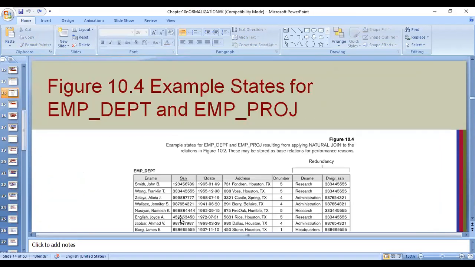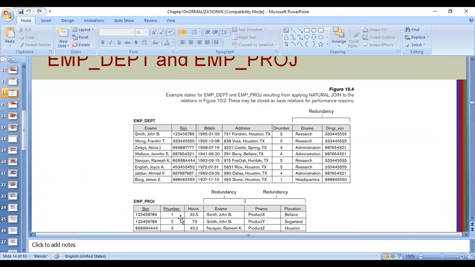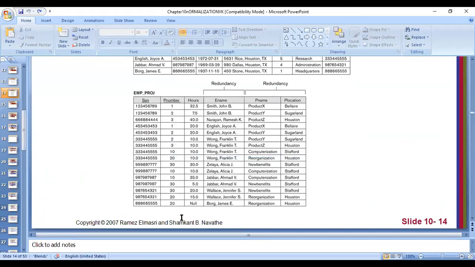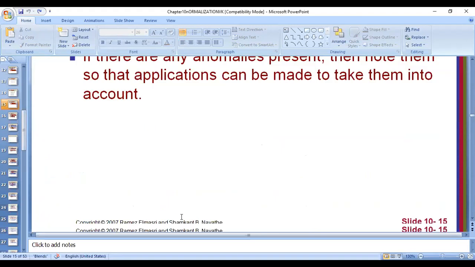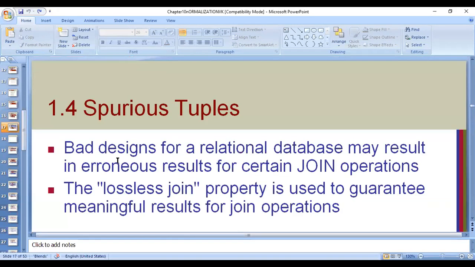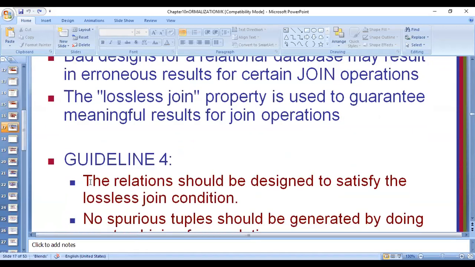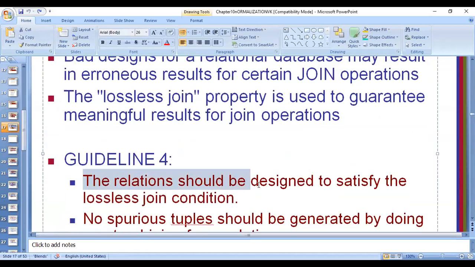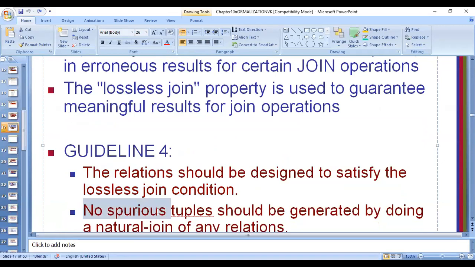We covered the fourth informal guideline: the relation should be designed to satisfy the lossless join condition. So when the tables are designed, they should ideally be designed so that when they are joined, they should not have loss of information, or generate new extra information.